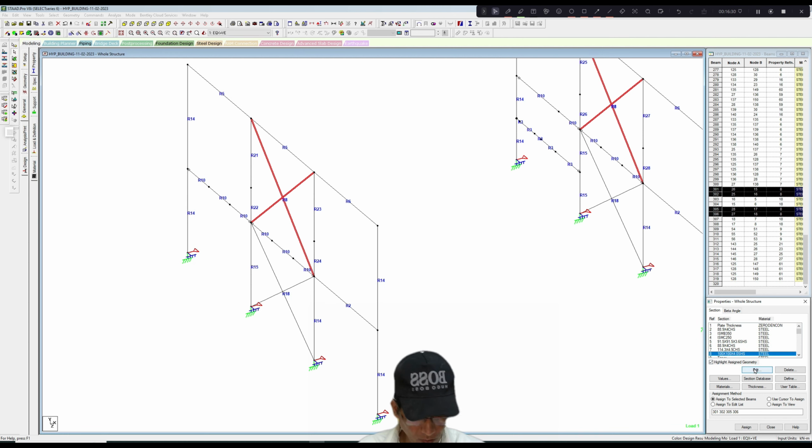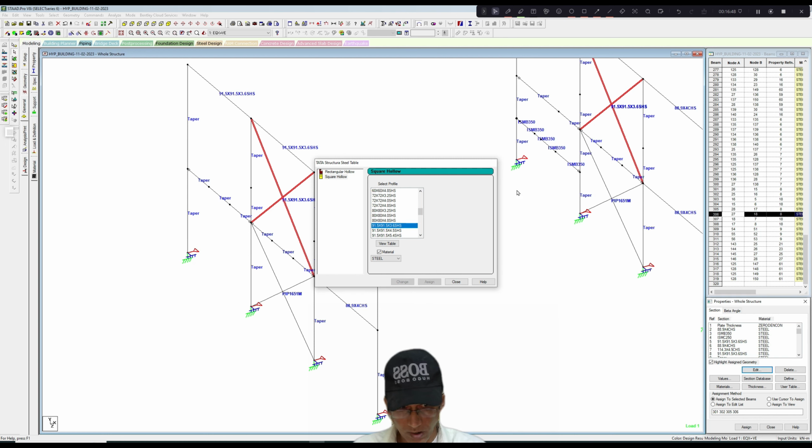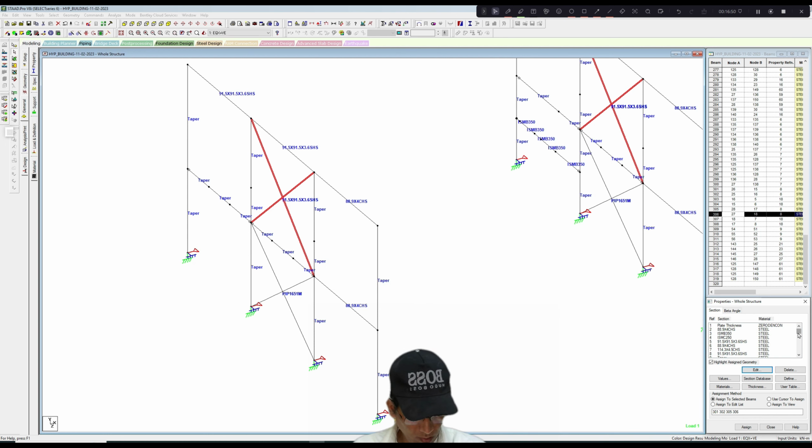Then R8 also we can make it 91.5 3.6. We shall not reduce because beyond this, because this amount of surface will be required to hold infill walls. Assign. Then let us go to